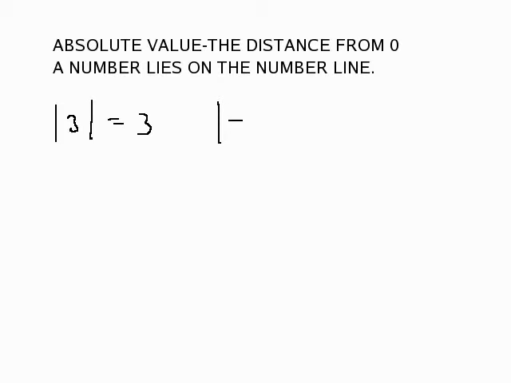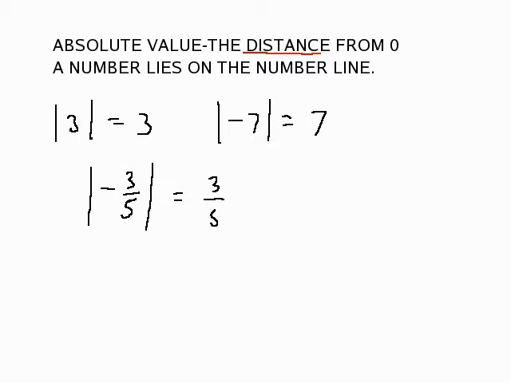Try another one. The absolute value of -7 is 7. It is 7 units from 0 on the number line. Since we are talking about this word distance, we always measure distance in terms of positive numbers. All right, how about fractions? Oh, Young, please know the absolute value of -3/5 is positive 3/5. Yes, -3/5 is 3/5 from 0, so that's how easy it is here.